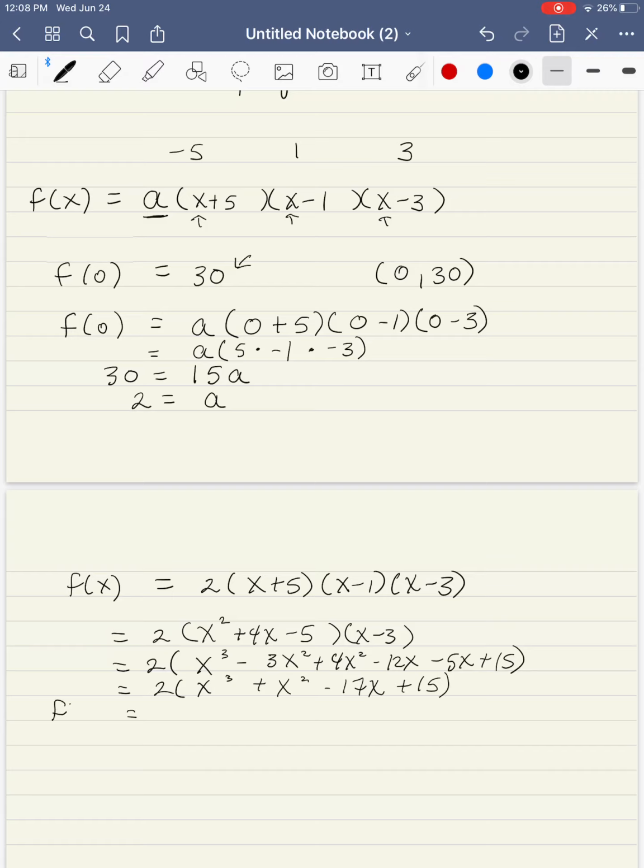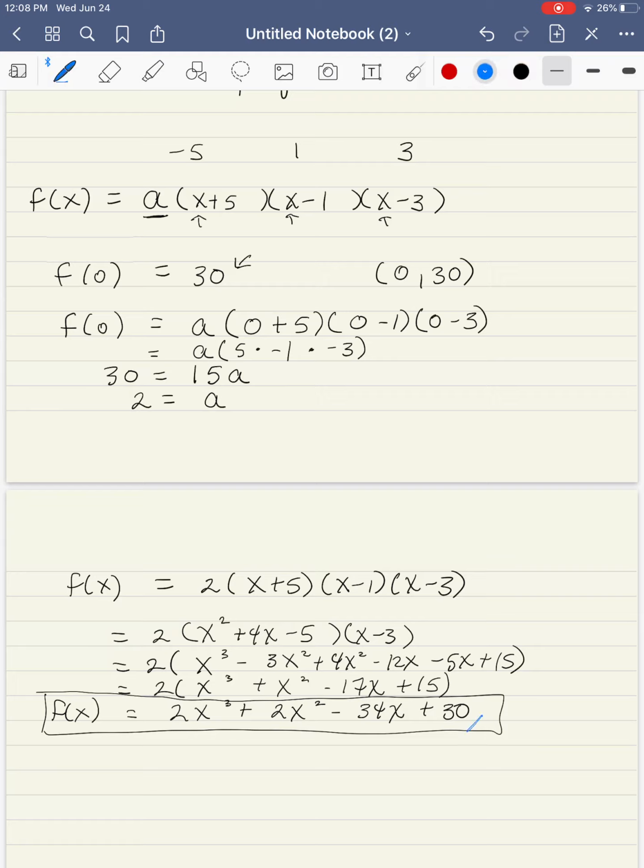Combining like terms. And then finally distributing the 2. And this is my polynomial that would have that given graph. And notice that my y-intercept